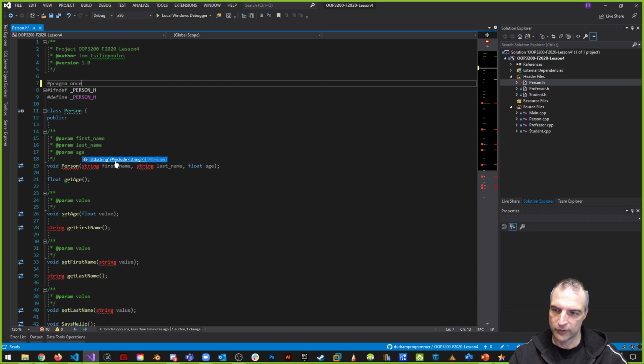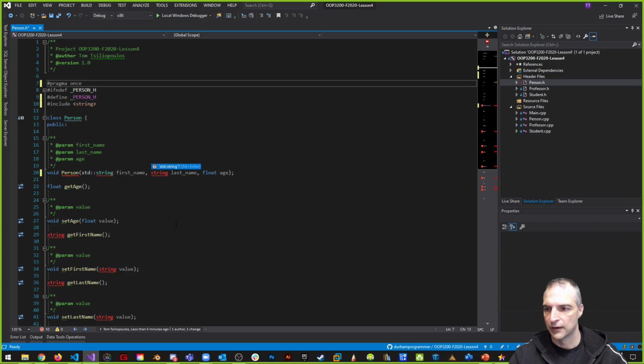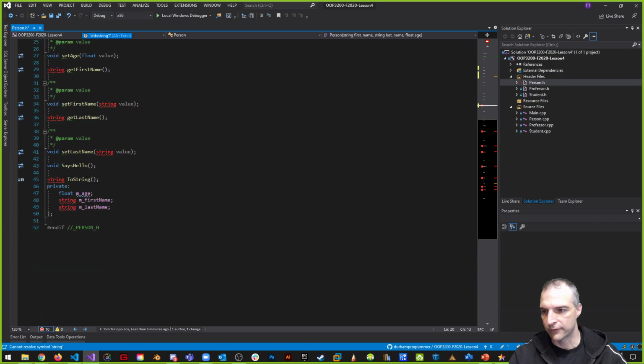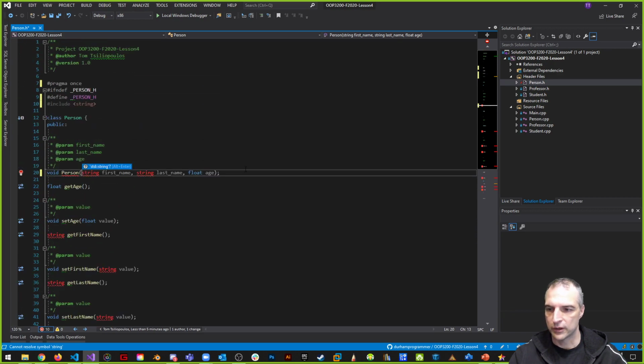And look what it says here. With me, it says string. My ReSharper C++ is saying we should probably add string. Okay, let's do that. So now string has been added. What I want to do is undo that here, and search for all references of string in here, and change it to